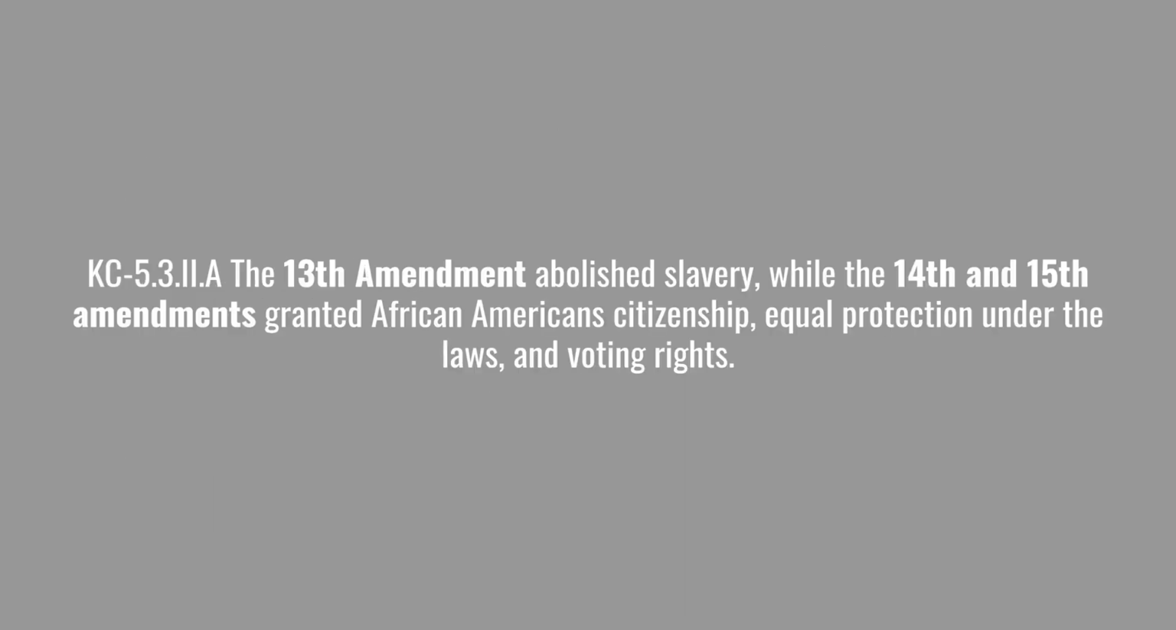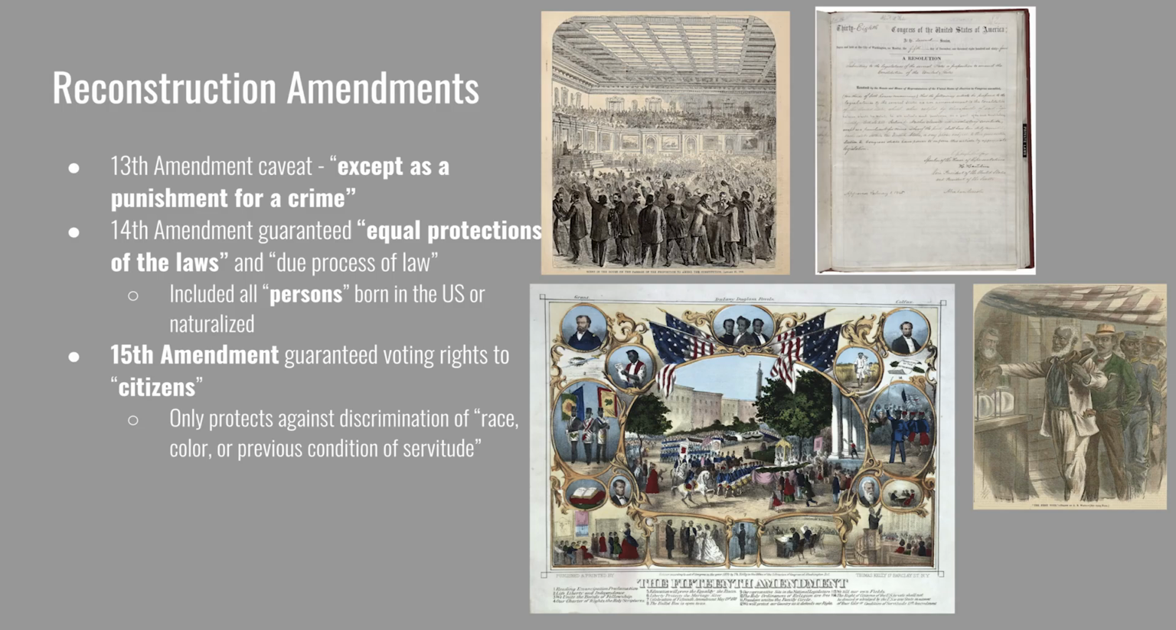The next key concept is on the Reconstruction Amendments. They are the 13th, 14th, and 15th Amendments. The 13th Amendment abolished slavery, while the 14th and 15th Amendments granted African Americans citizenship, equal protection under the laws, and voting rights. The 13th Amendment, like the key concept states, abolished slavery. However, there is a caveat which is going to become important after Reconstruction. Slavery in the United States is not allowed except as punishment for a crime for which one has been duly